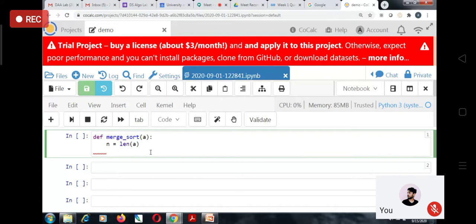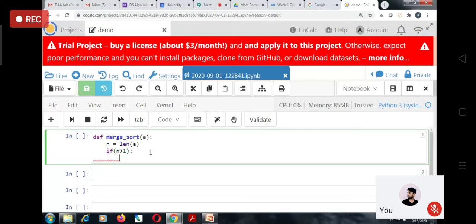Okay, first of all, if the array has a single element, then we have nothing to divide and nothing to do. So we will do the entire procedure only for size of array greater than 1. That is why we first check this, and only if it is true will we enter the merge sort function.